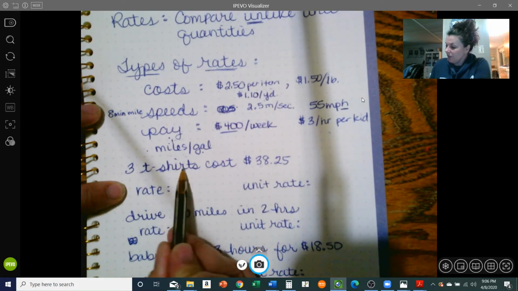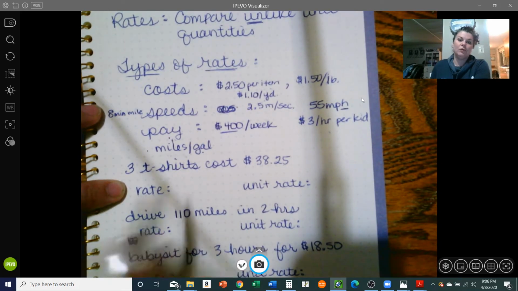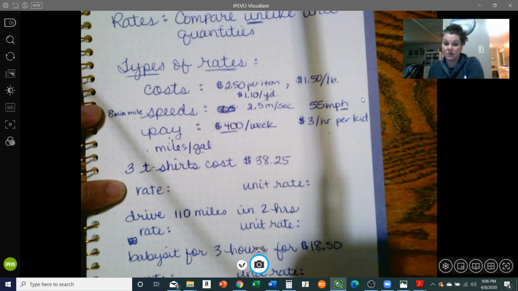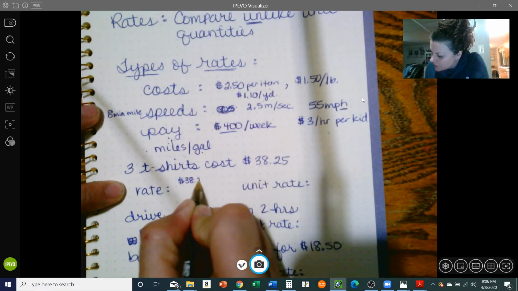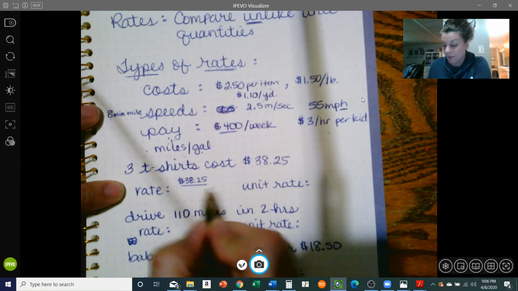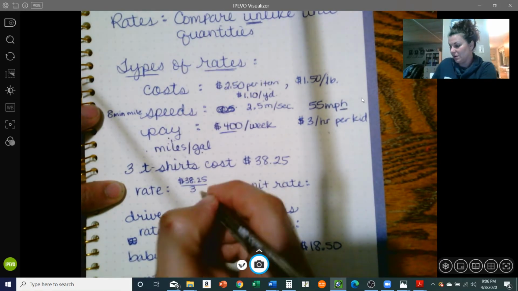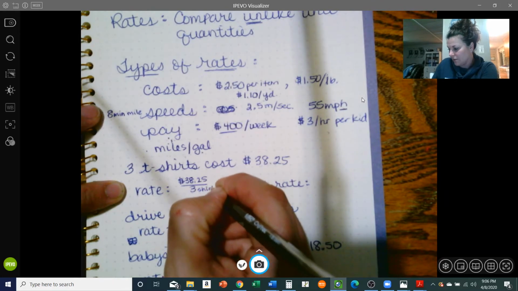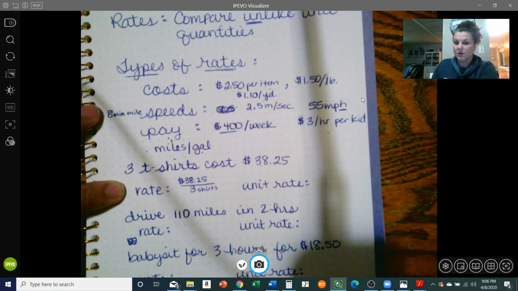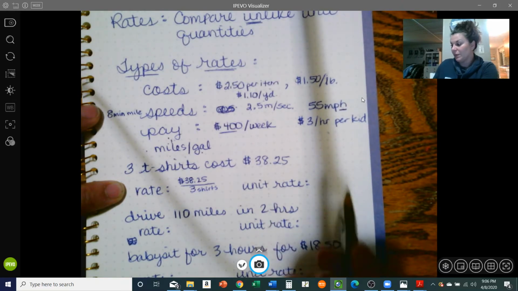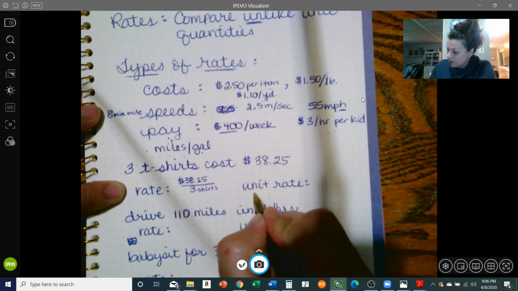So if I'm looking at shirts, I usually think of what does it cost per shirt. And so I'm going to write my 38.25 on top and my 3 on the bottom. And I'm going to write 3 shirts. So I want my units there. That's important. So then my unit rate, all you do to find your unit rate is